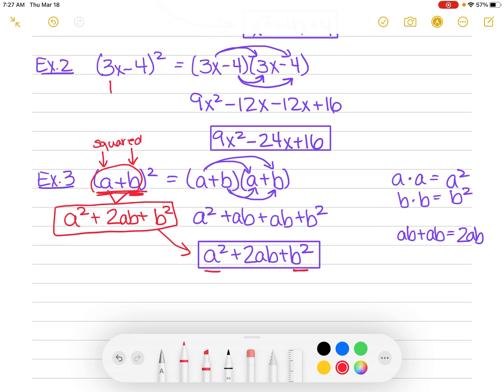I'm going to square each of these. So that's going to give me 9x squared and plus 16, because minus 4 times minus 4 is a 16. Now I'm going to multiply both of these. So when I multiply both of these, I get negative 12x, right? 3x times negative 4 is a negative 12x. But then I need to double it. So I'm going to multiply it by 2 and I get minus 24x. See how that gives me the same